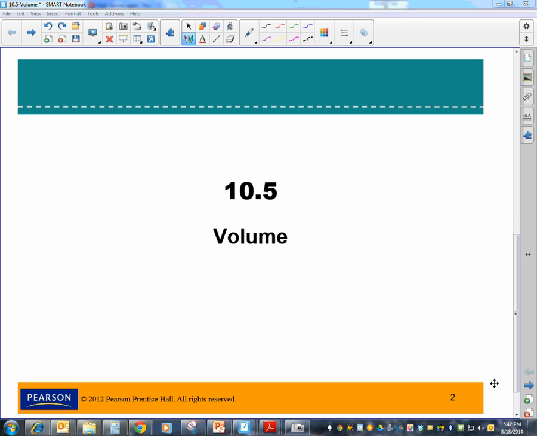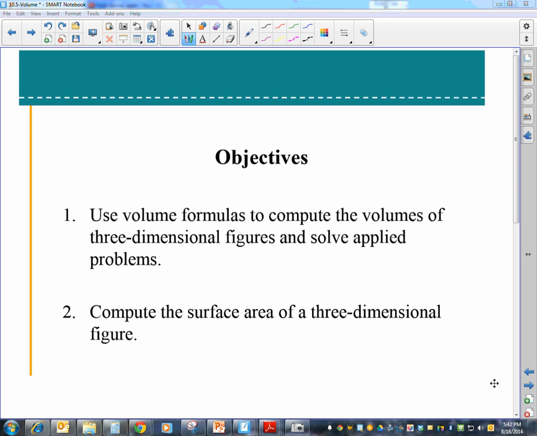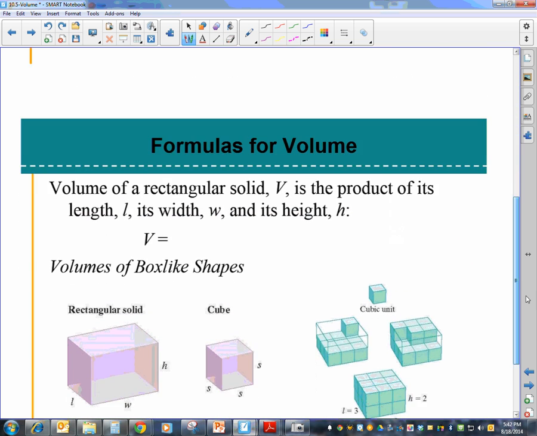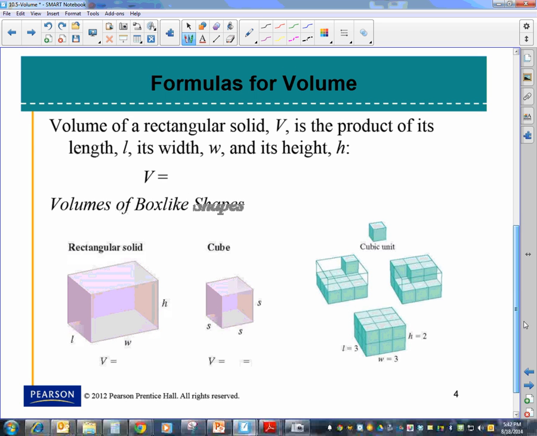Okay, today we're covering volume, and we will review the formulas that you have talked about in the past, and then we will solve some applied problems together. Now keep in mind that volume is now dealing with three-dimensional objects as opposed to the two-dimensional that we have dealt with thus far. The volume, first off, of a rectangular solid is the length times the width times the